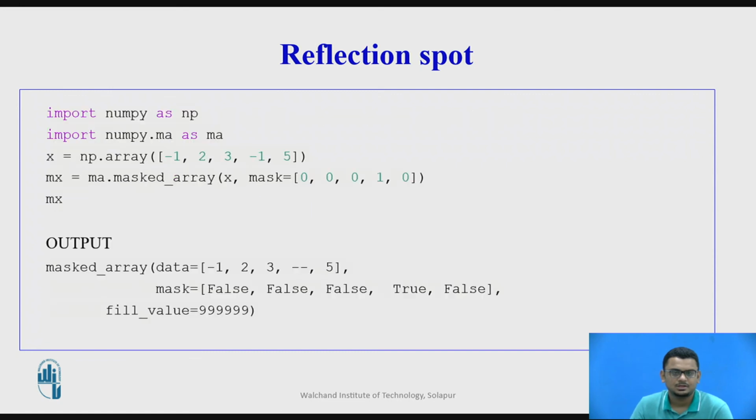So the question is simple, that a code snippet is given to you, which takes an array X having 5 values, and we are masking a few values from that array. So the output is as given here. Because we are turning this to 1, the fourth entry in the array will be masked, and the corresponding value will be turned to true, which tells us that the fourth entry has been masked. So this is the output of the code snippet which is given above.